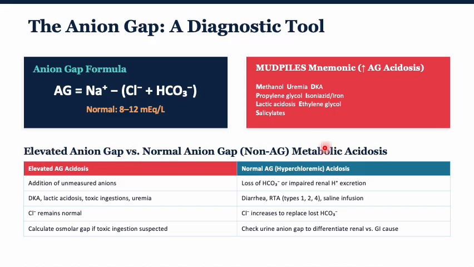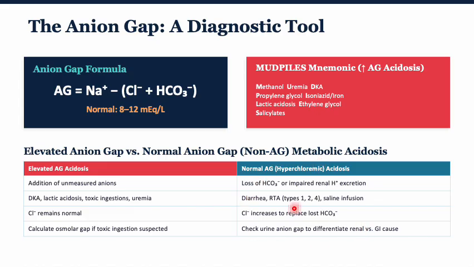So when you have a patient that has a metabolic acidosis, you're going to calculate their anion gap. That's the second thing you'll do. And you want to determine whether it's an elevated anion gap acidosis or a normal anion gap acidosis. And an elevated anion gap acidosis is basically what we talked about in the previous slides. And a normal